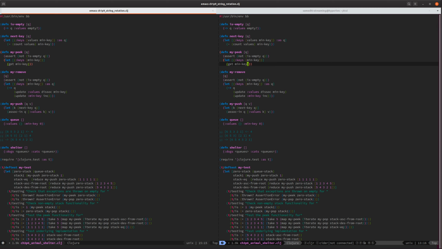Okay, and here's the issue, right? What's the issue? Here's the issue. Makes sense to me. My peak should be looking at the min key and grabbing from values the value that is the min key, right? But this isn't strictly true. Min key at this moment in time is not really